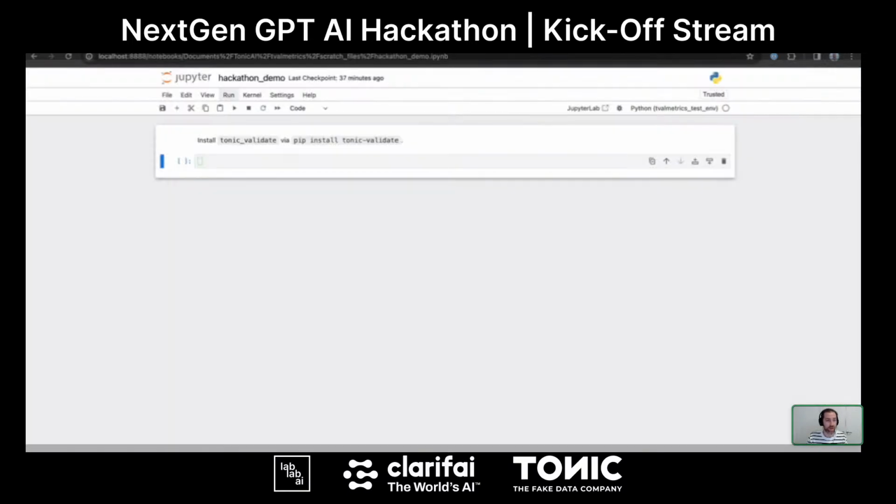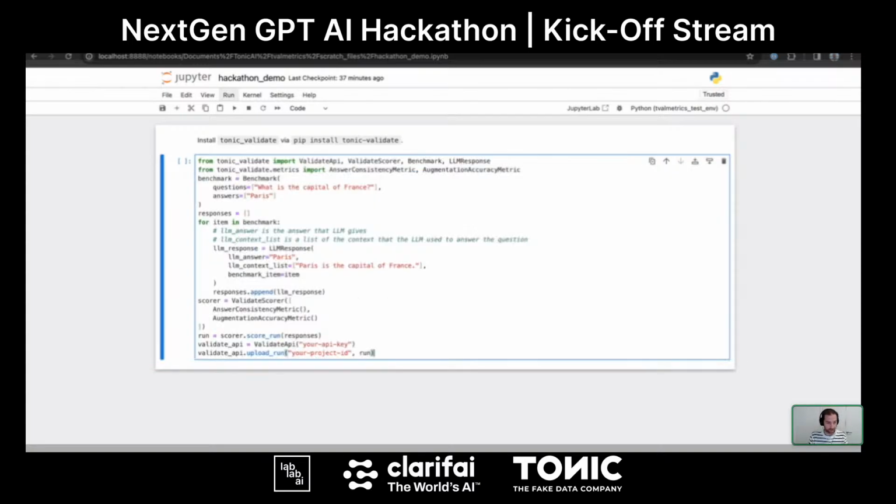Then I'm going to go into my Jupyter notebook where I'm developing my RAG system, and I'm going to paste that code snippet. Now, to use Tonic Validate in your Jupyter notebook, you need to install the Python package, also called Tonic Validate, which you can install via pip install tonic-validate. To run this code snippet, I need to paste in my API key here.